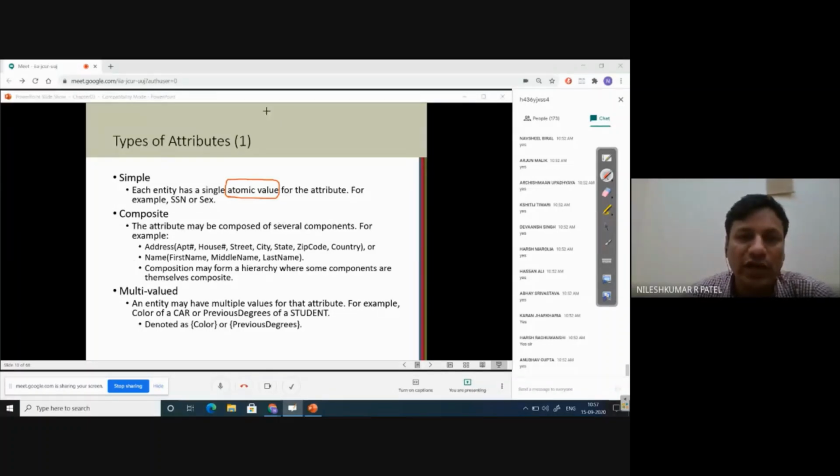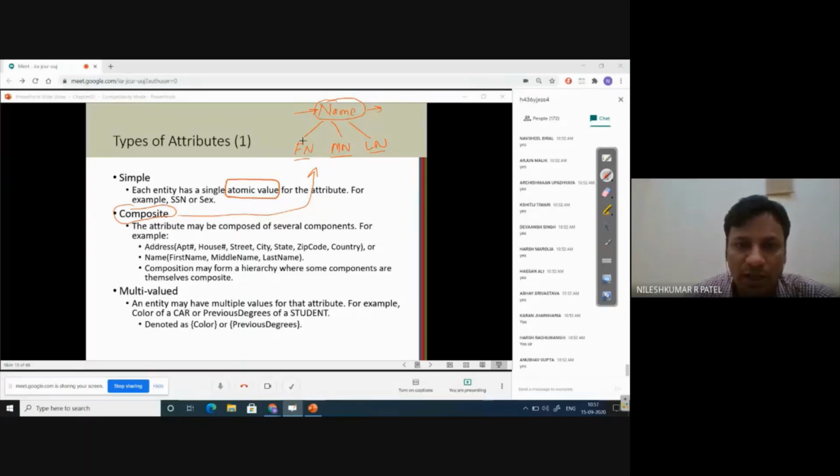For example, your name, the student name. Is it possible to divide a name into parts? Yes, it is possible. Most of the time we divide our name into a first name component, and we divide it into a middle name and last name. So if there is an attribute called name, or student name, or person name, it can be further divided into three parts: first name, middle name, and last name. In this case, we call this name attribute a composite attribute. That is the meaning: is it possible to divide an attribute into components?